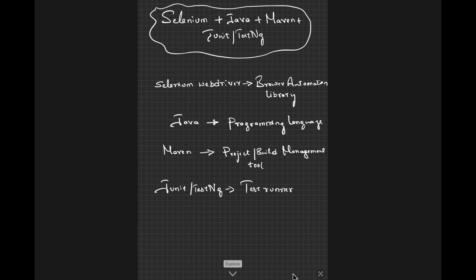Hello everyone. In this video, we will learn how to install Cypress, how to launch the test runner, and also, many of us will be from a Selenium background. So we'll also learn about how the Selenium, Java plus Maven JUnit TestNG combination works, and then we'll start with